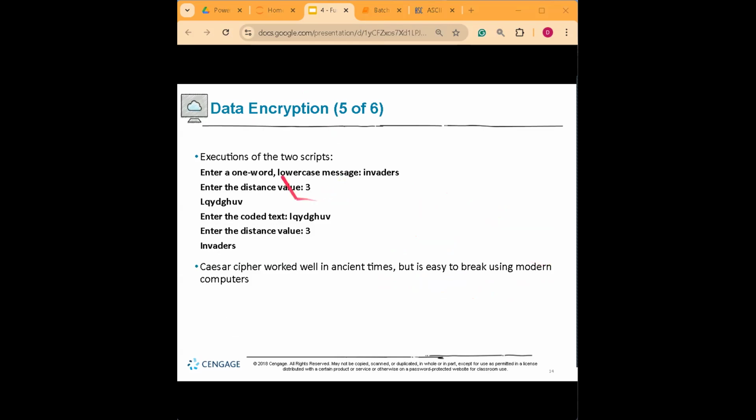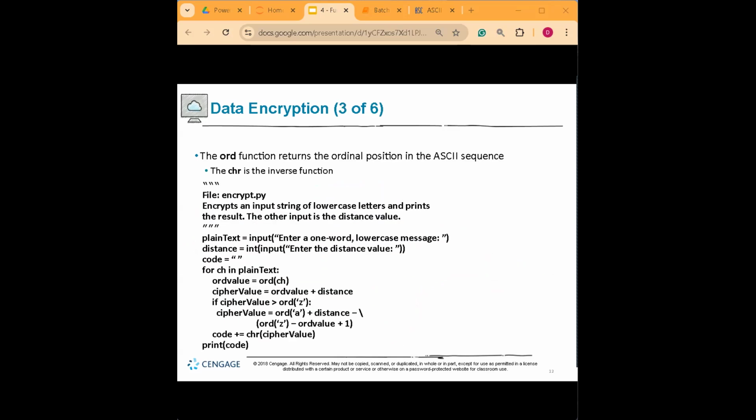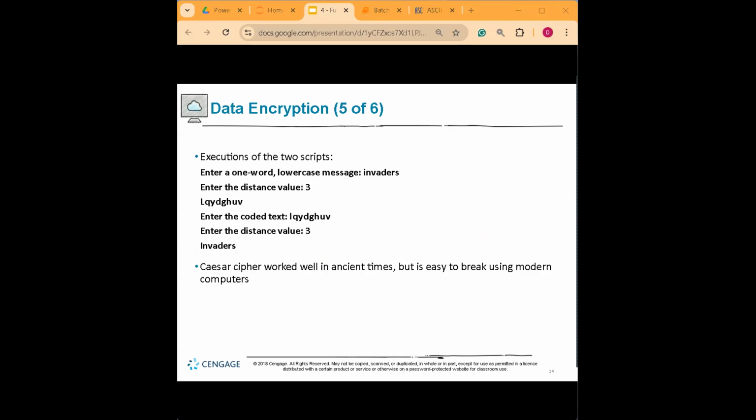Let's see. So here's an example of how those two scripts work. So we have invaders, right? Enter the CS3. You have this one. And then on the other side, if they have the encrypted text and the key as well, they get the original text. Again, this worked in ancient times, but it is easy to break in modern computer systems. If this is something that you like, then you can consider going into